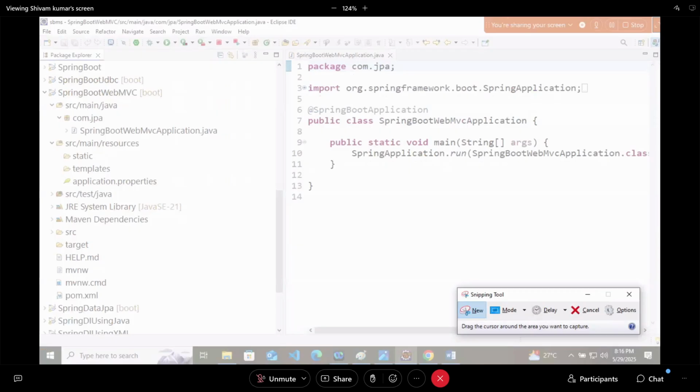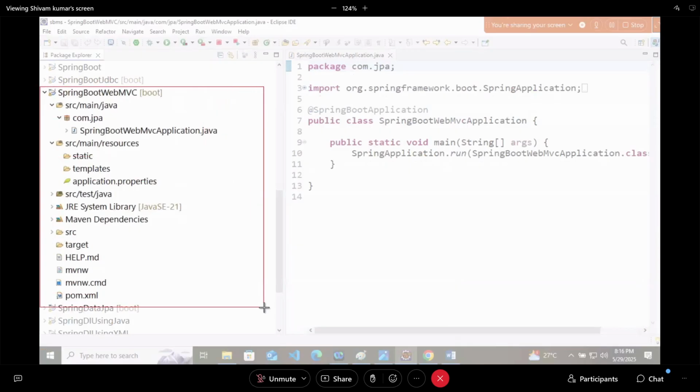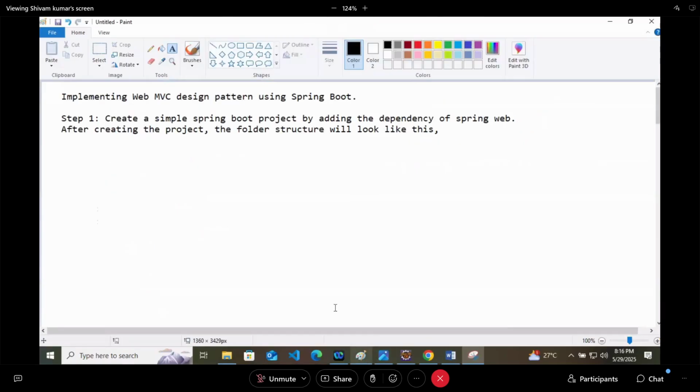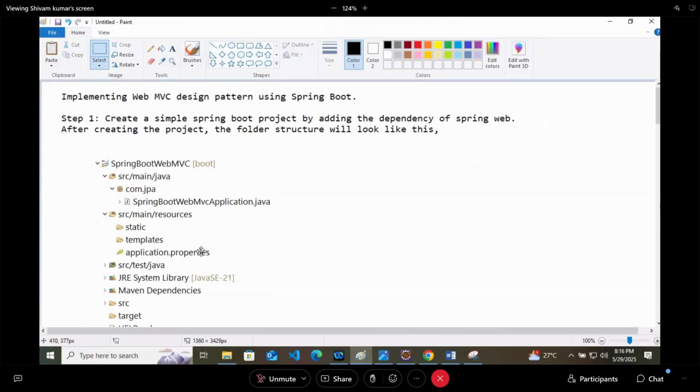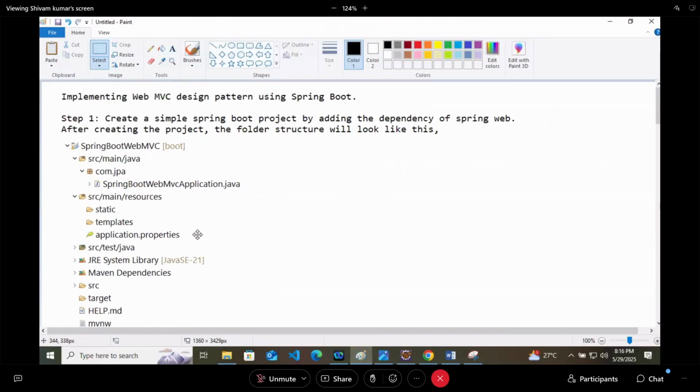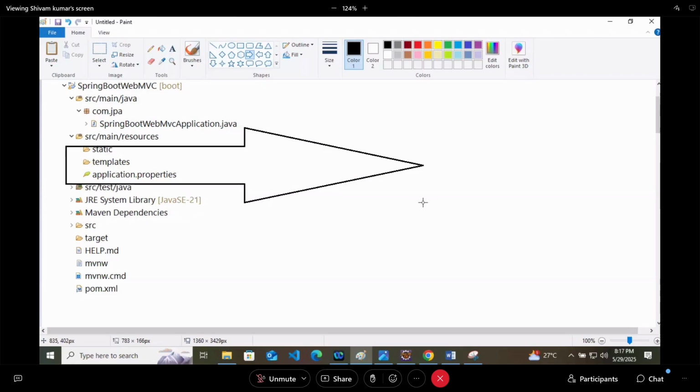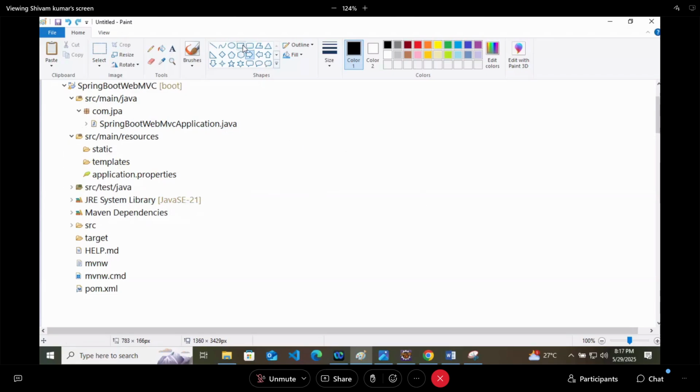Now, can you see this src main resources, and inside that you will see the static and templates folders, right? In src main resources, you get the application.properties file, and you will get static and templates also. I think in the starting I have written that architecture or folder structure. I'll show you. Wait.